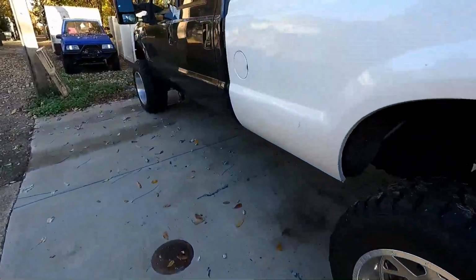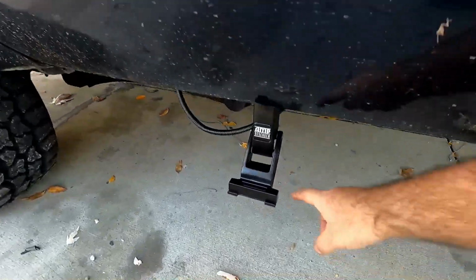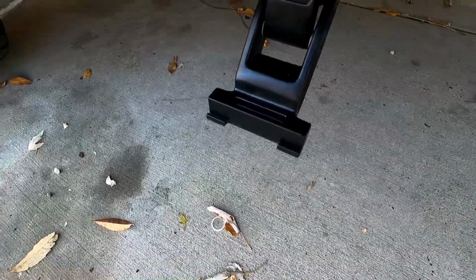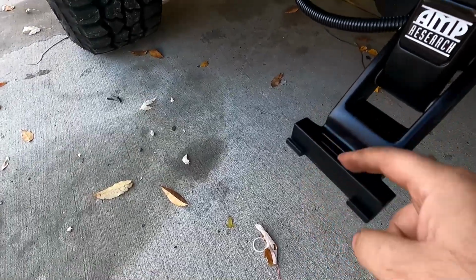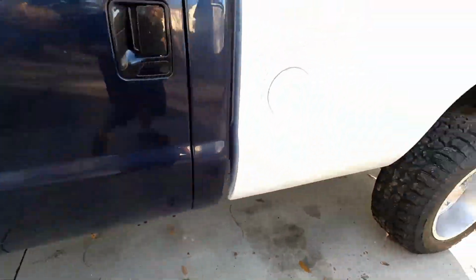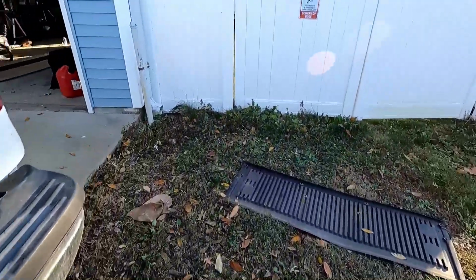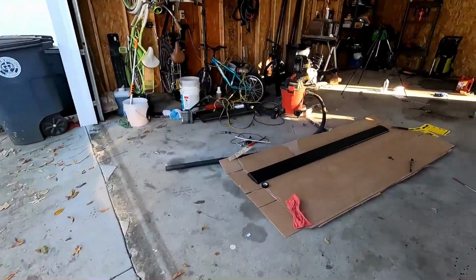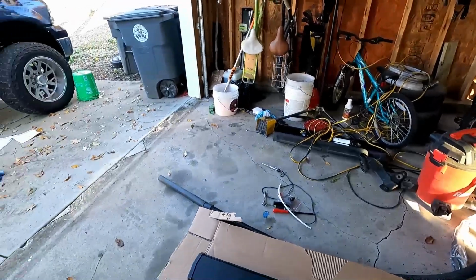Now, on this side, just got to do the same thing. But this is where I was talking about. If you can see it too well, there's like a little square indent there, and that's where those metal pieces from the steps go in, and then you just screw them in from the bottom, and they're on there. So I go ahead and get this other step on,